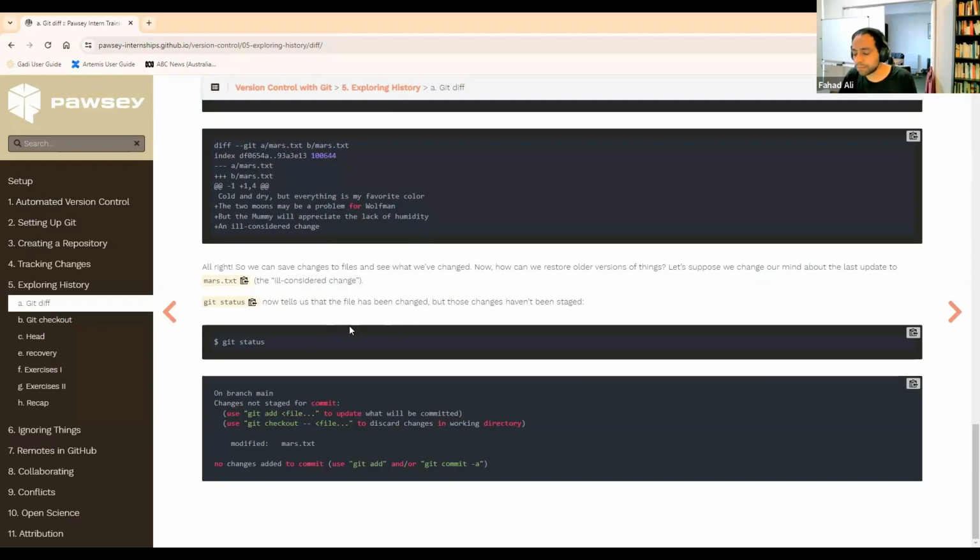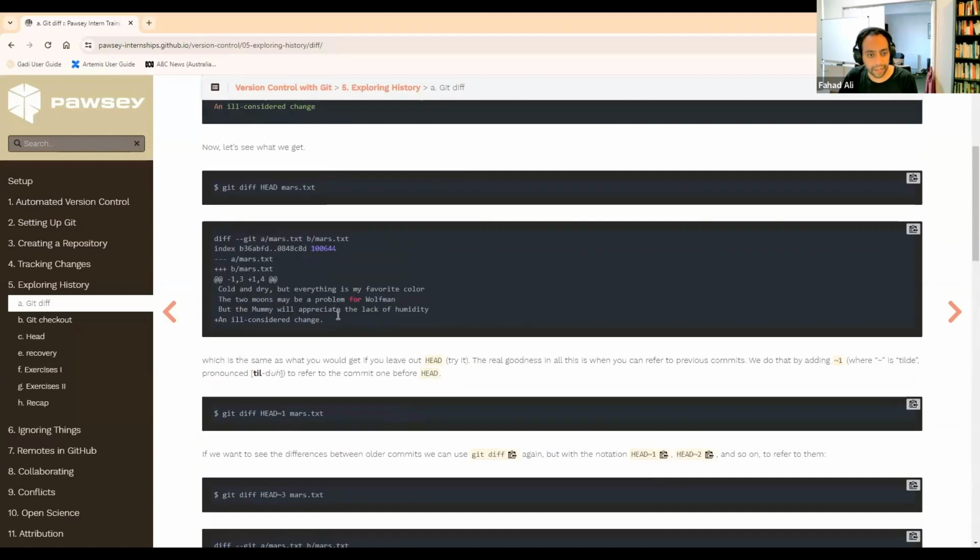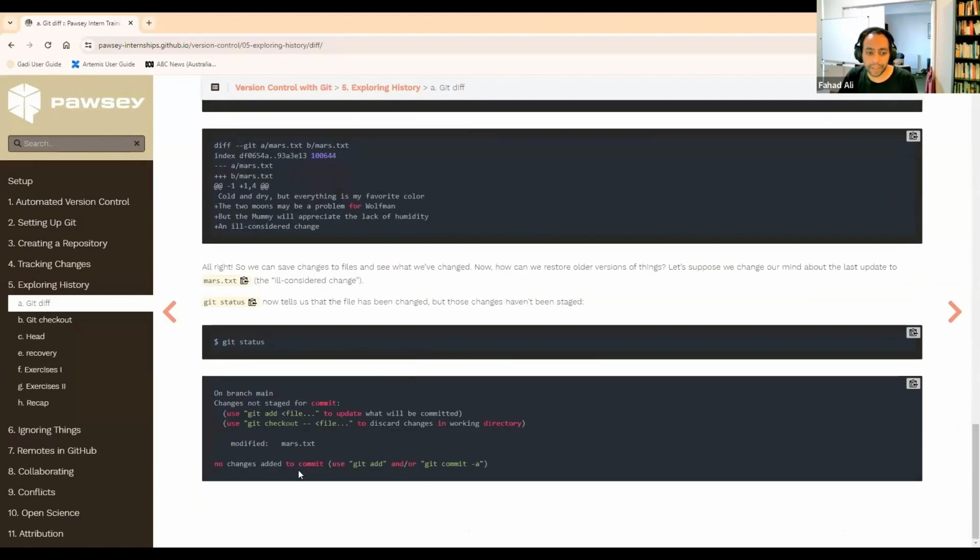What's going to happen? It's going to tell us we've modified that file by making that change here, but it hasn't been added to the commit. Okay, so it shows us that it's been modified, but it's not actually in the staging area yet. Okay,